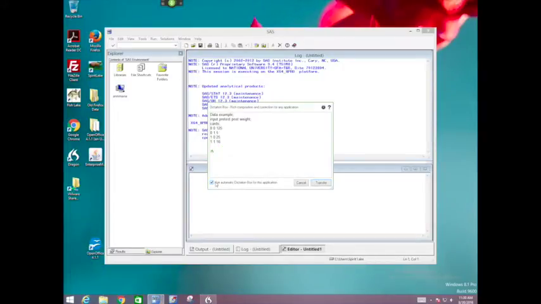Semicolon. New line. Proc freq data equal sign example; new line. Tables pretest asterisk post slash agree;